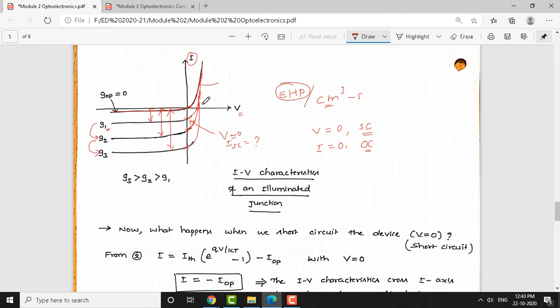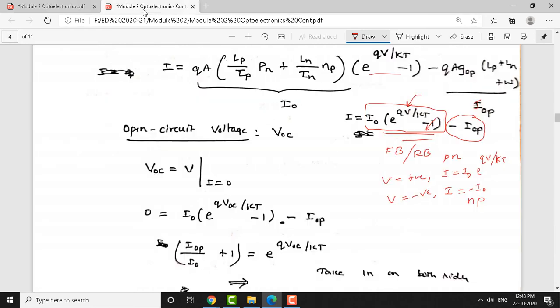So, now you also need to estimate at what voltage these curves are intersecting here. To find that out, you must make current as 0. Okay, when you make current as 0, you can easily estimate what the open circuit voltage is. This is open circuit voltage. You need to find out this. So, these are the two things you need to find out to find the extreme ends of this curve here. To do that, we have a mathematical equation.